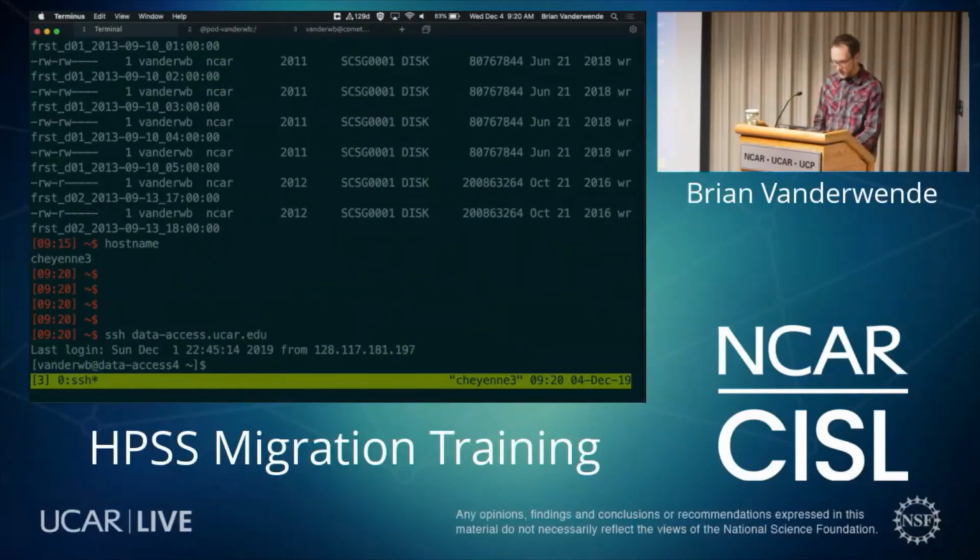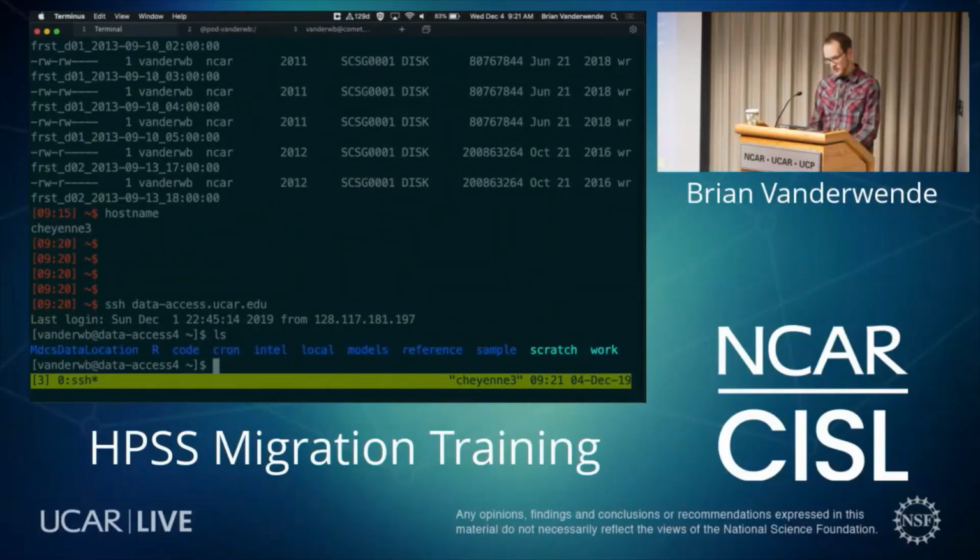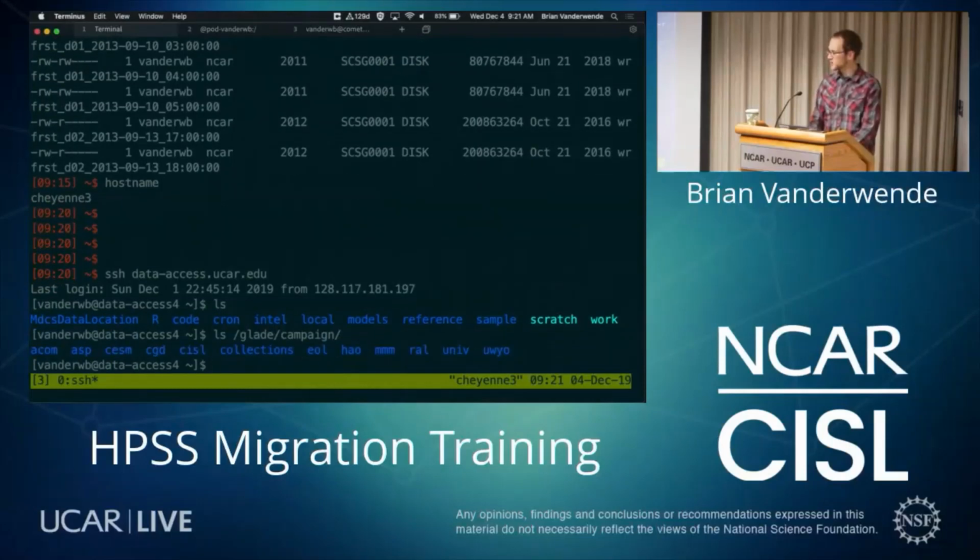dataaccess.ucar.edu, and now I'm on one of these data access nodes. These are virtual machines, so they're not designed to do any sort of intense computation, but they are designed to have access to all of our data storage platforms. So right now I'm still on Glade. I'm still in my home directory, but on these data access nodes, I can access Glade campaign, which gives you terminal access to the campaign storage archive. And then for me, I'm